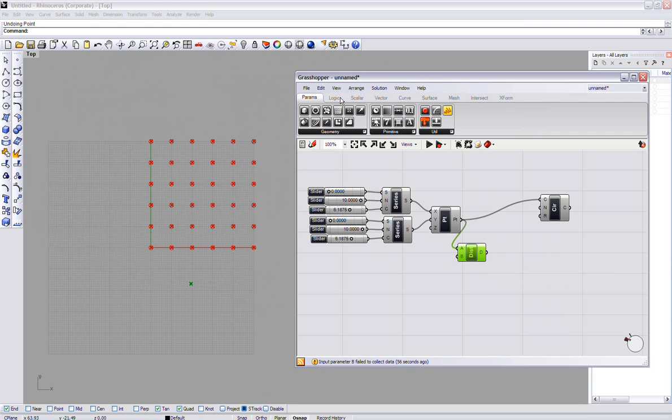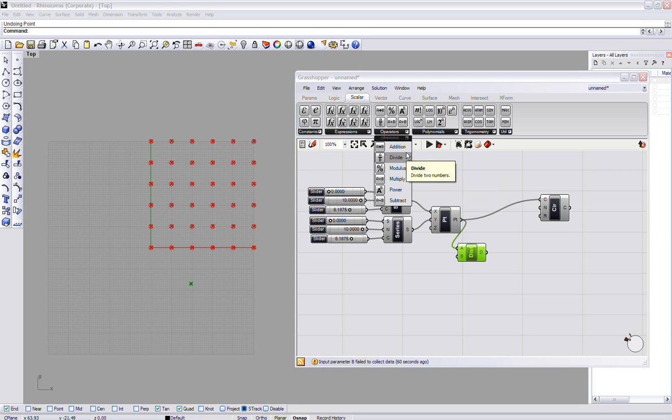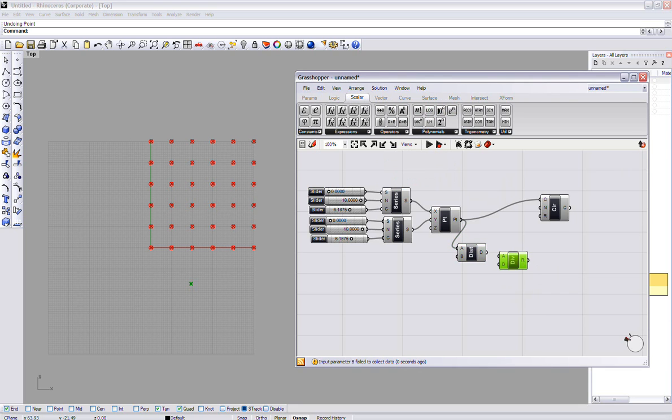So let's find Scalar, and we divide A by B. Divide distance A, and for B we simply take a slider, plug it in. Now this distance, which is this one to here, will be divided by a factor of 10. And when we plug this in,